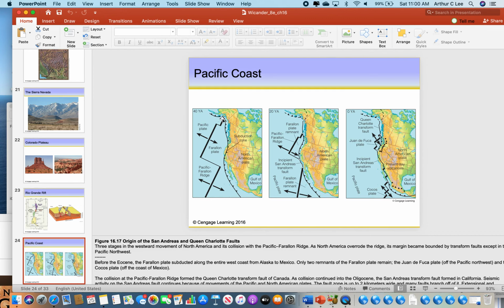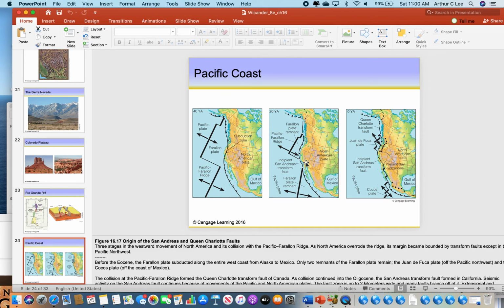Here you see a mid-ocean ridge. Look how close to this. This is a divergent plate boundary. Notice how the arrows are coming apart. This plate here is called the Farallon Plate. This is the Pacific Plate. Notice that this mid-ocean ridge system is getting real close to the continent. Eventually it collides with the continent,